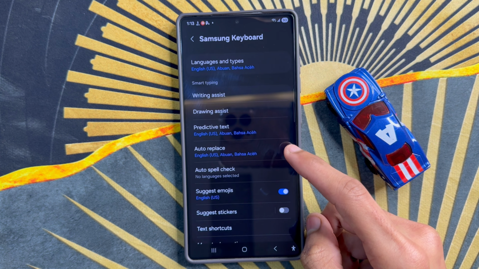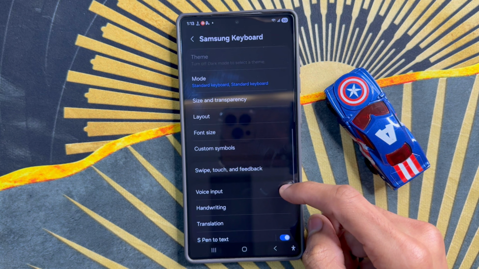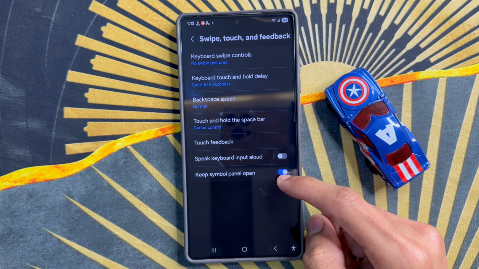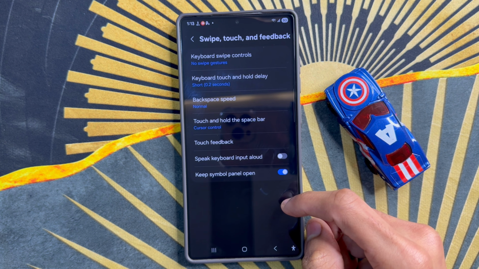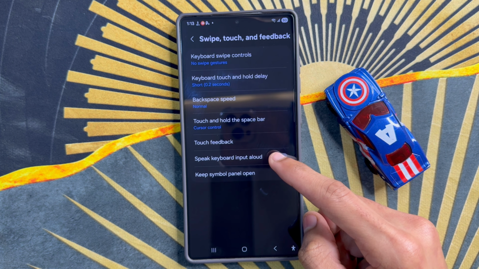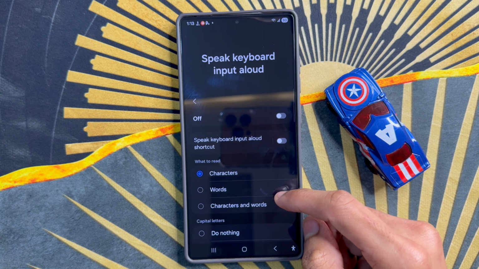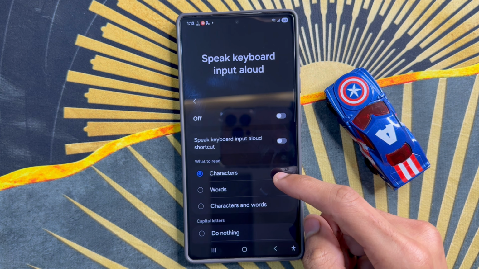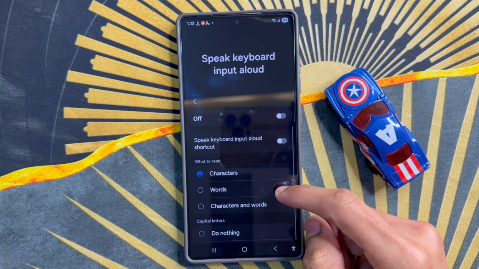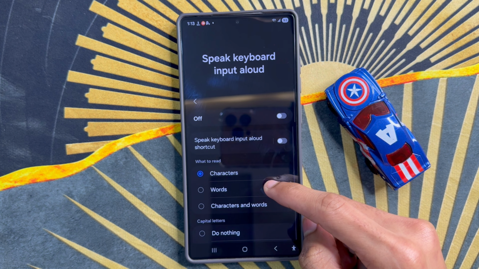After clicking on Samsung keyboard settings, scroll down and click on swipe, touch and feedback. After clicking on swipe, touch and feedback, click on speak keyboard input allowed. After clicking on speak keyboard input allowed, if you want to enable speak keyboard input, if you want to set words,